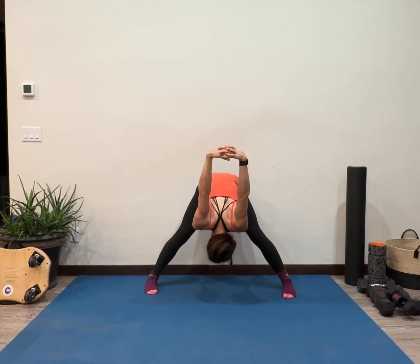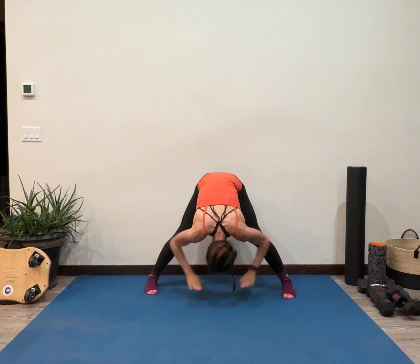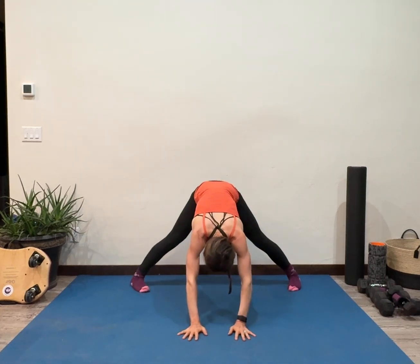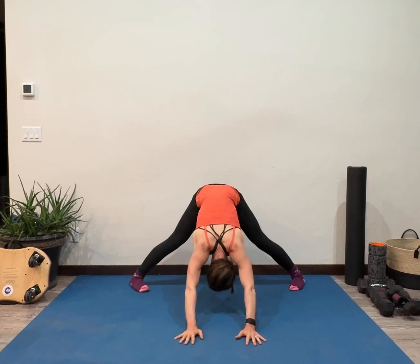5, 4, 3, 2, and then let your hands down. Walk them out for a hammock pose. Now hammock pose is like down dog with wide legs. So hammock pose. 5,